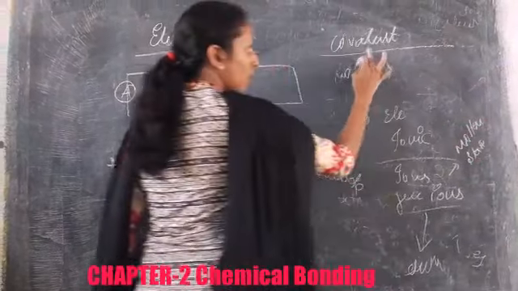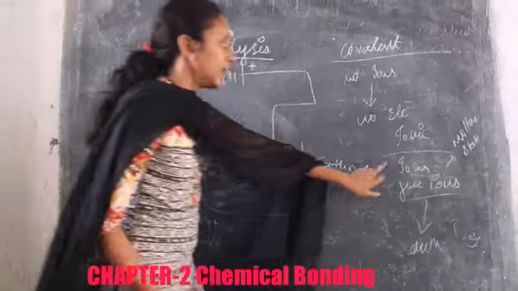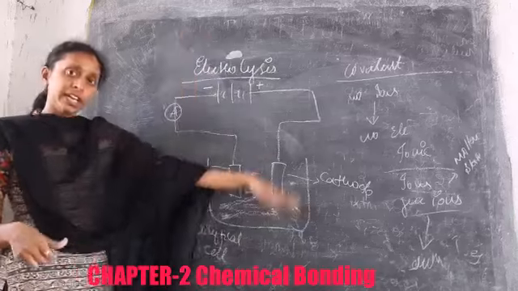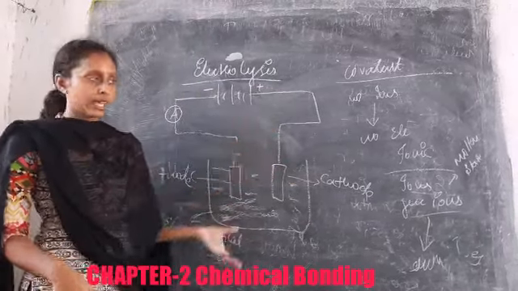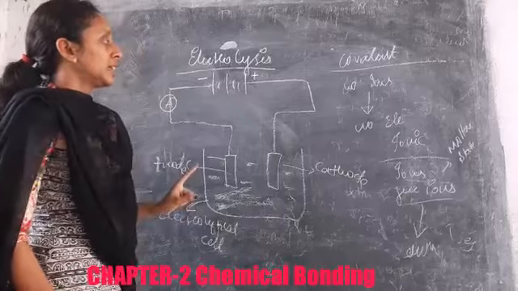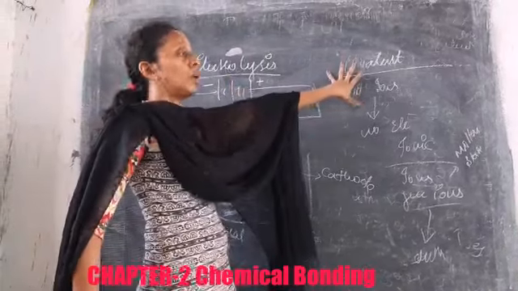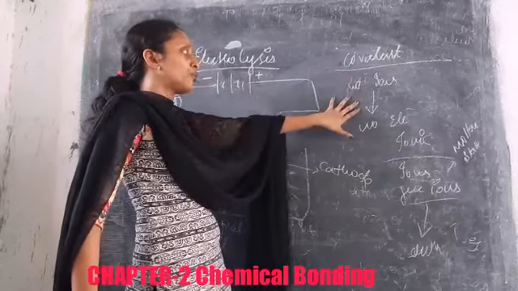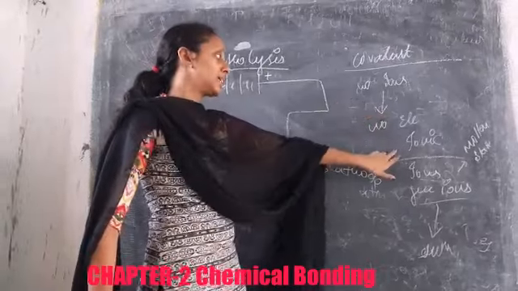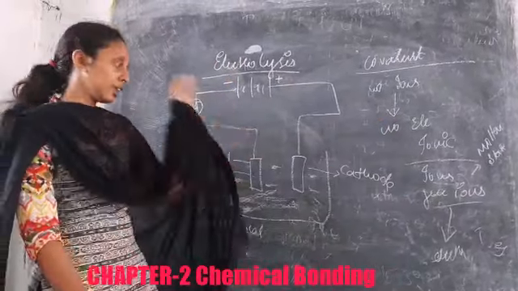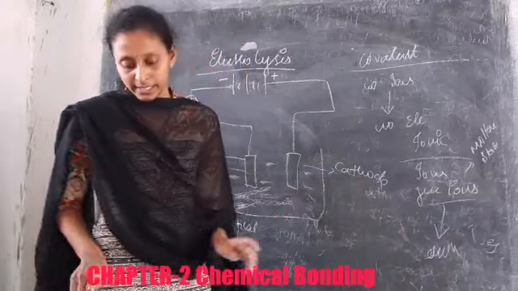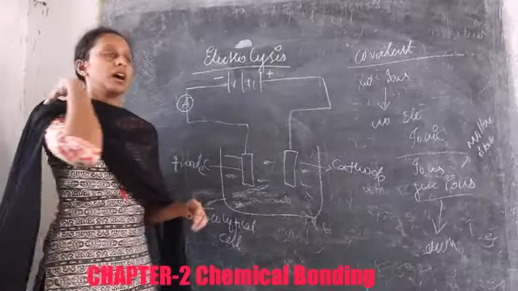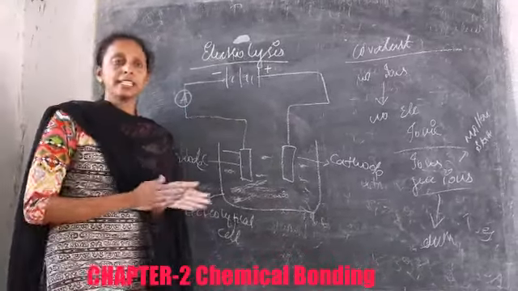So covalent compounds will not conduct electricity, whereas ionic compounds will conduct electricity, which means that ionic compounds conduct electricity only in molten or liquid state, but not in solid state. There are two reasons: covalent compounds do not form ions, so there is no electricity, whereas ionic compounds have free ions to conduct electricity. So by this experiment we can distinguish which compounds will conduct electricity.